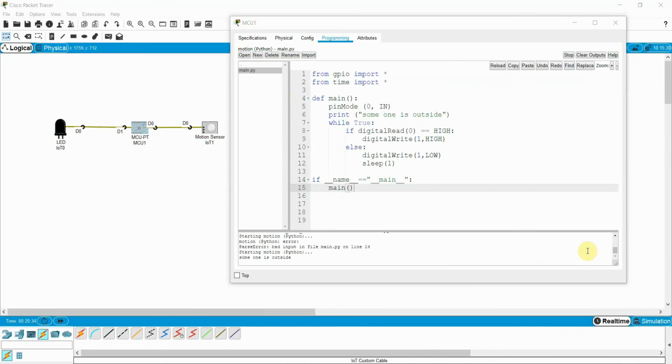Sorry for a little bit of disturbance. Actually there were some minor errors. I imported the time library, but mistakenly I wrote time 2 times. This was the main error, other than this it was okay. Now I will show you the output. You need to press the Alt key on the keyboard and bring your mouse cursor over the motion sensor. You will see the light is on. If the motion is detected, the light is on. So everything is now clear.